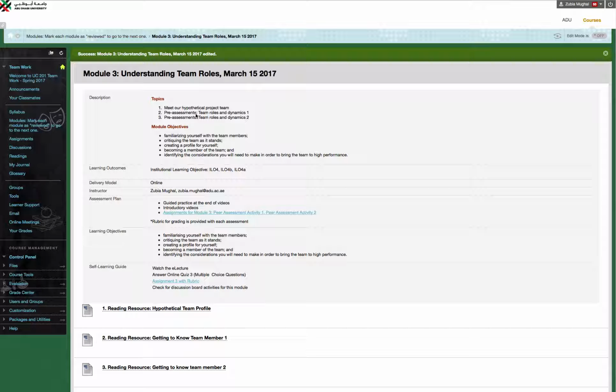Okay, in meet our hypothetical project team, you're going to actually get introduced to different team members that are hypothetical. This is a hypothetical situation, and each of these team members will have specific characteristics, and your task would be to analyze their characteristics and label them according to the Belbin team roles that we determined in the last module. You need to familiarize yourself with the team members, critiquing the team as it stands, creating a profile for yourself, becoming a member of the team, and identifying the considerations you will need to make in order to bring the